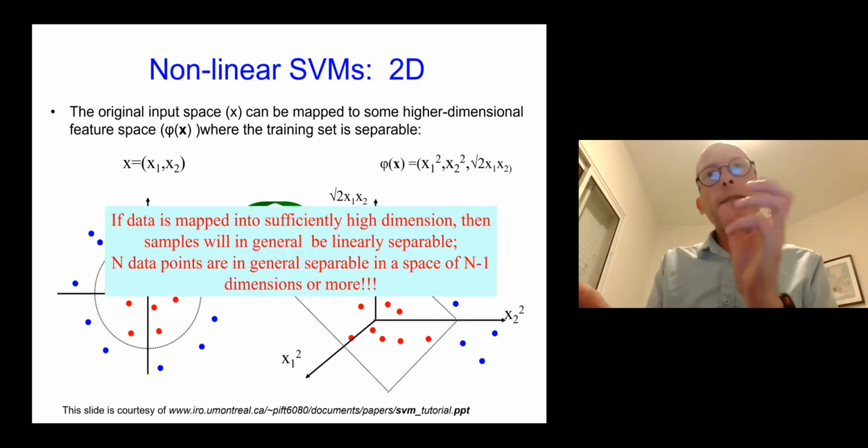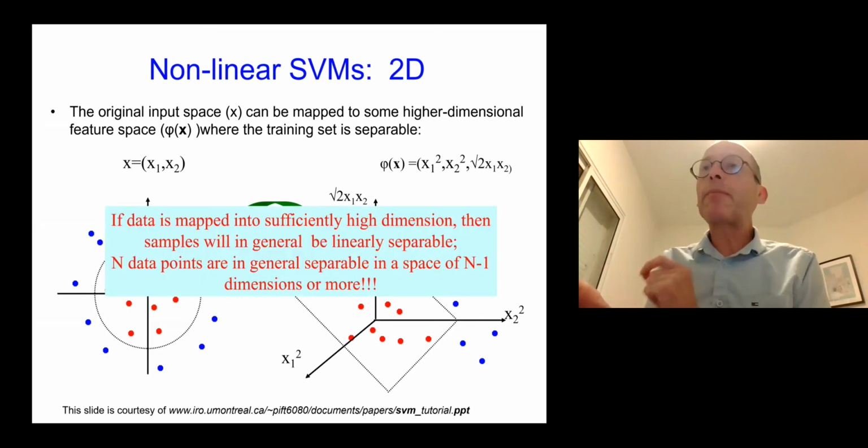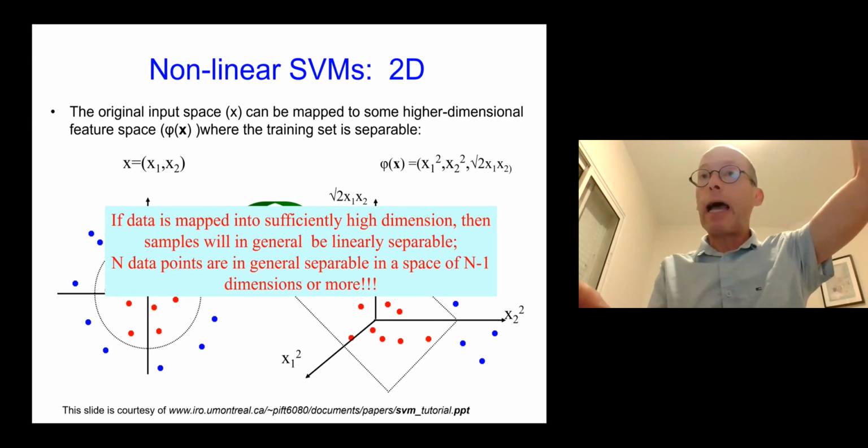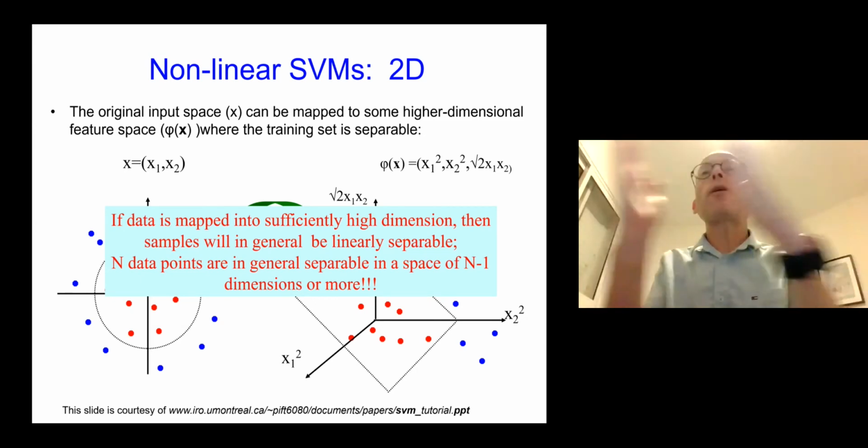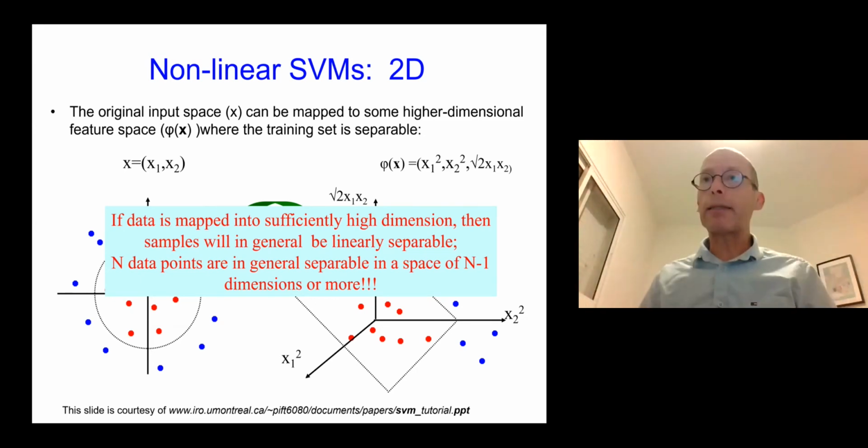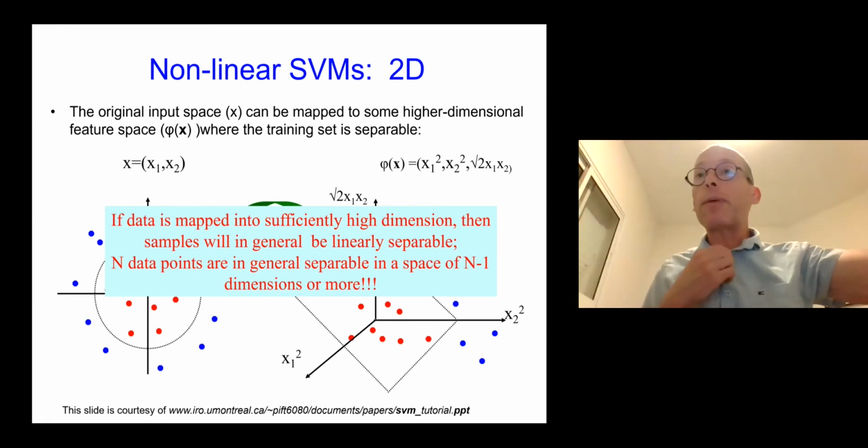So as a statement, if the data is mapped to a very, very high dimensional space, then everything becomes linearly separable. At some stage, if you go high enough in the high dimensional space, unless the points are exactly the same, then you can start separating them linearly. The challenge is, of course, mapping it to very high dimensional space requires a lot of time because we need to store a lot of